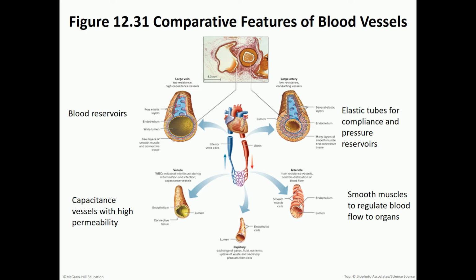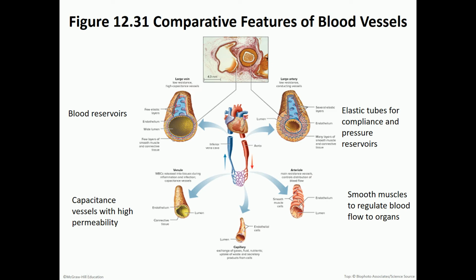But one of the most important functions is that it allows for the diffusion of gases. Oxygen will leave the capillaries. If we're talking about the systemic circulation, oxygen will leave the capillaries to go to the tissues, in exchange for carbon dioxide diffusing from the tissues into the capillaries. Now we need to gather all of that deoxygenated blood and bring it back to the right side of the